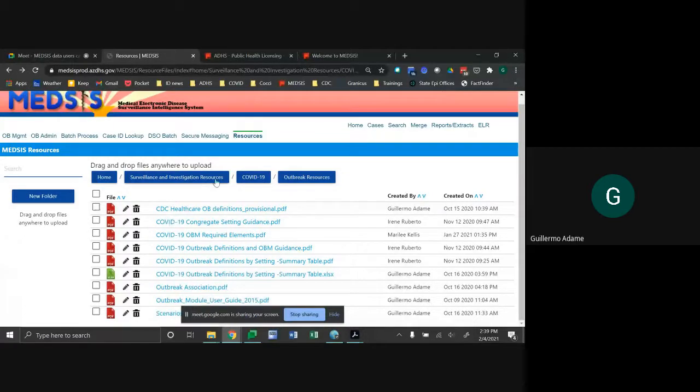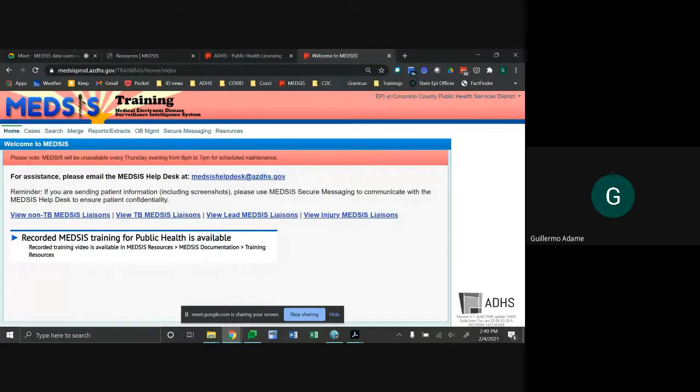And just want to show the pathway. We have it many times in our guidance documents, and I'll probably refer to this one a lot, the COVID-19 outbreak definitions and OBM guidance. I usually just call it our OBM guidance for short, but it's got outbreak definitions and is pretty key as well. And I'll just take this opportunity to say that this presentation and the presentation notes, these are all really complementary to one another. So there's not really one resource fits all. But we hope they're all very helpful. And again, we're here to help with the rest.